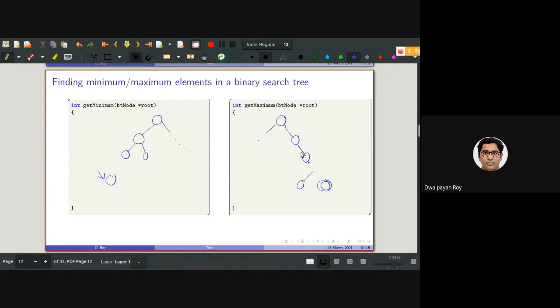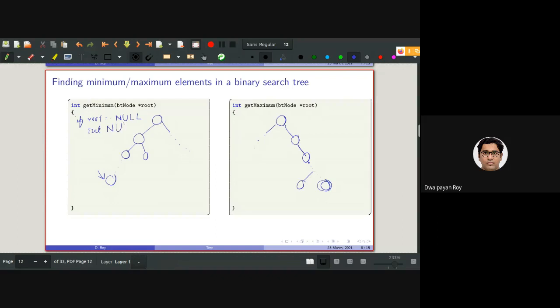If I want to implement that, it's pretty easy. First of all, we need to check if root is null or not. Null means it is an empty tree, so return null.